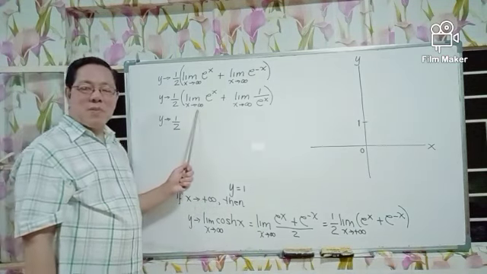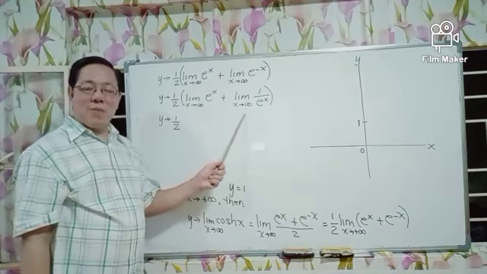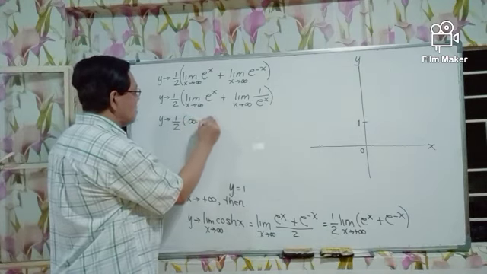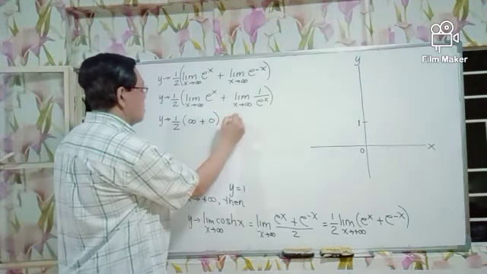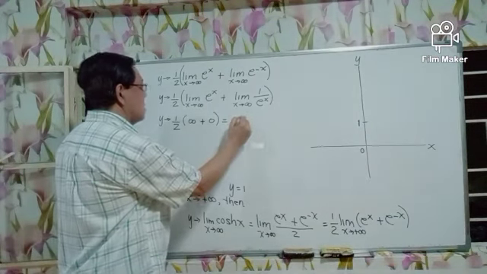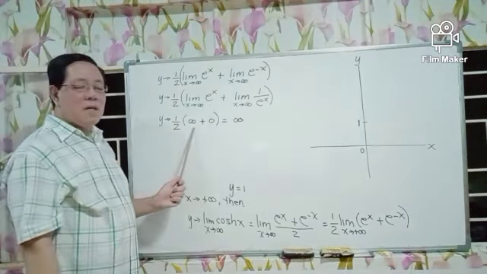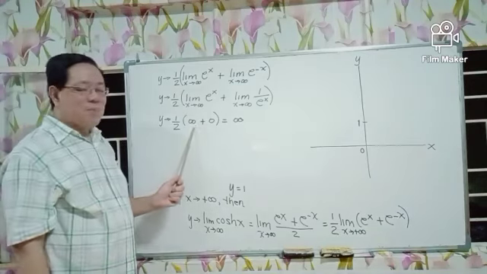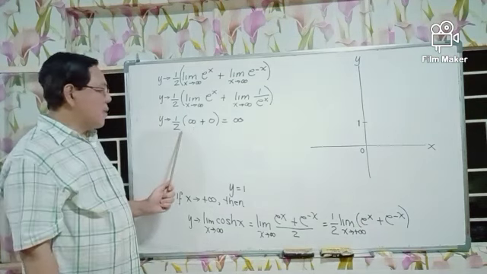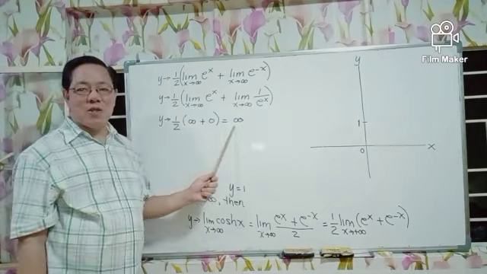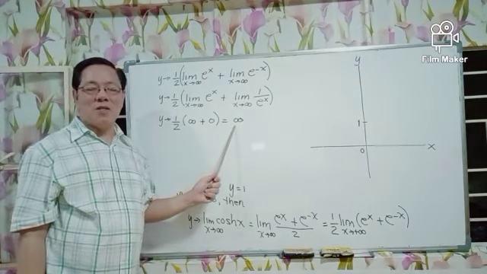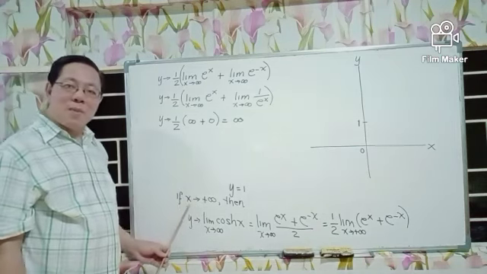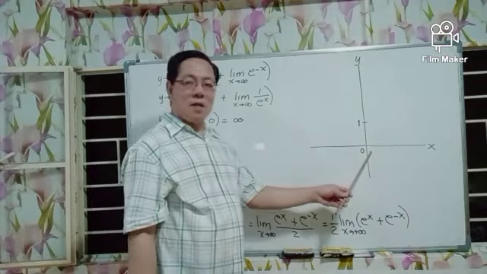Thus, the limit of the first term is positive infinity, plus the limit of the second term, which is 0. And a very large number plus 0 is equal to the very large number, represented by positive infinity. Multiply that by 1/2, it becomes even larger, and it's still a very large real number denoted by positive infinity. Thus, we have shown that as x approaches positive infinity, as x increases,